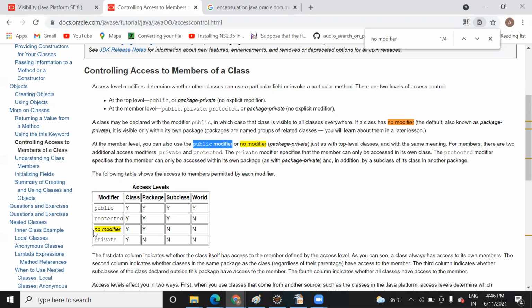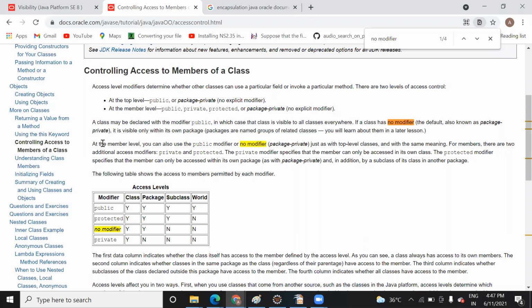And when you declare no modifier, that is what it says at the member level. Member means it can be a member function or data member. So in that case, you can also use the public modifier or no modifier. Package private means a single package only. What do you mean by member level? Member level means, as I told you, a variable can also be called a data member, and there are member functions.